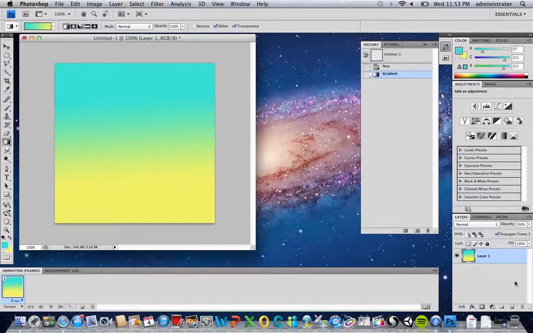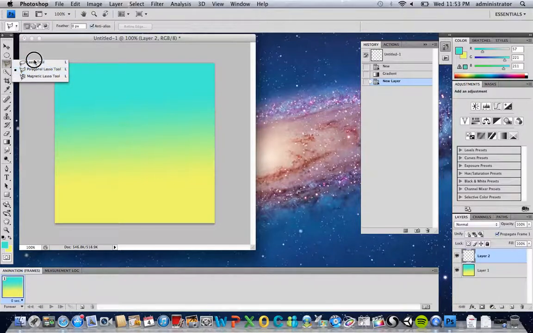What I'm going to do next, we're basically going to make something popping out of just like a box. We're going to make this box look three-dimensional. So I'm going to make a new layer, and first thing I need to do is make the front of my box. So what I'm going to do is grab my polygonal lasso. Now you can use any of these for drawing things. We may go back and use some of these later, but polygonal lasso is what we're going to use today. And what I'm going to do is start making the box. So I'm going to start with just a vertical line